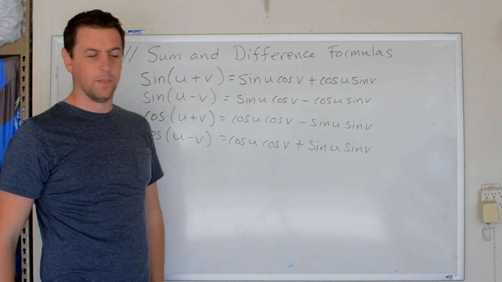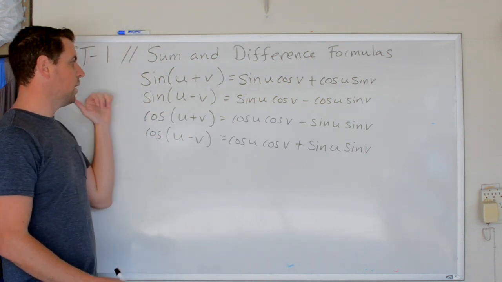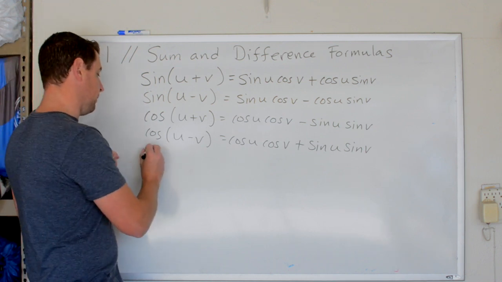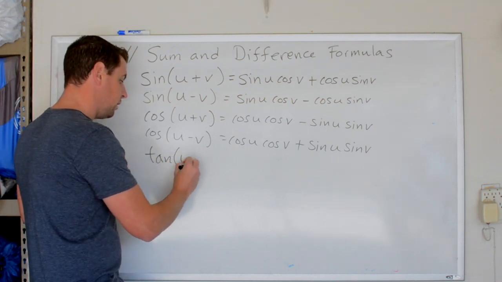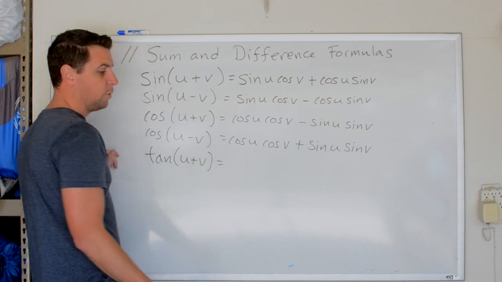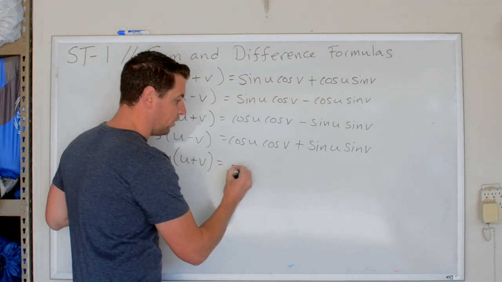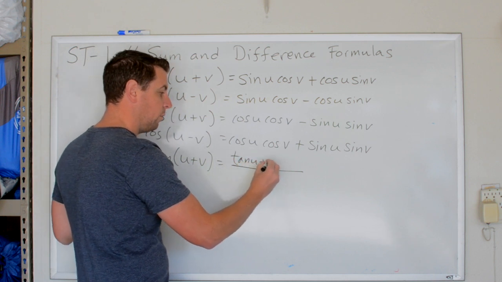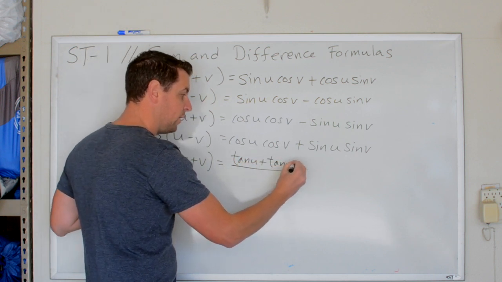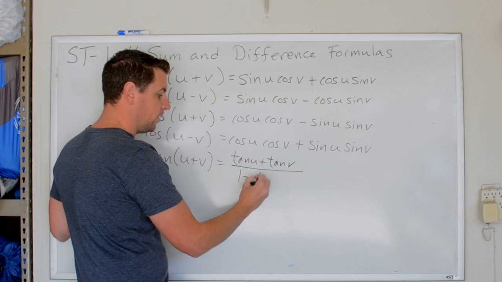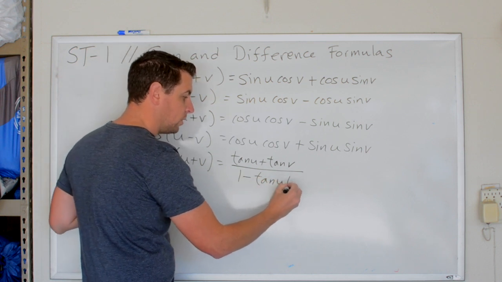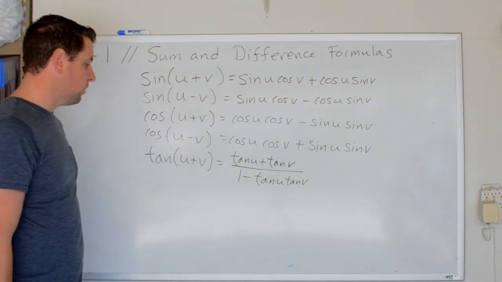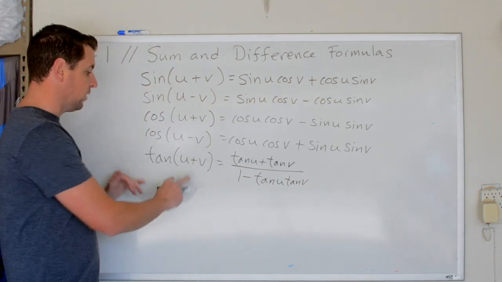Cosine just wants to mess everything up. Last but not least, we need our 2 tangents. That would be tangent of u plus v, which would equal, this one's going to be a fraction, it's going to look a little bit scarier. It's going to be tangent of u plus tangent of v divided by 1 minus tangent of u times tangent of v. Okay? Then on the second one here, we have tangent of u minus v,